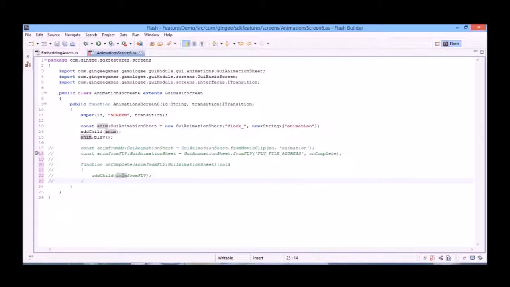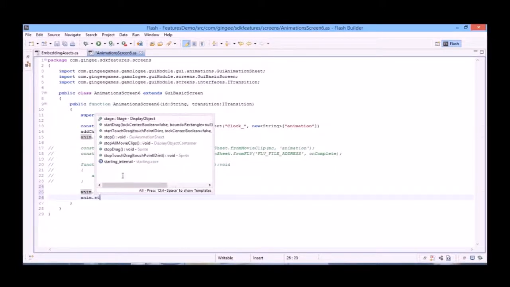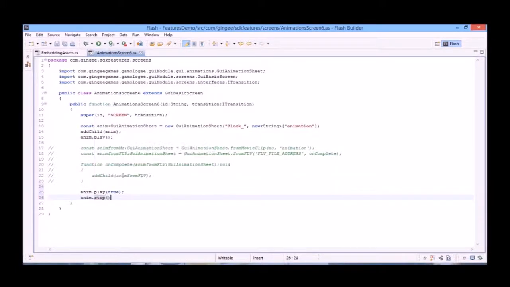Now let's take a look at some of the commonly used API commands. To play an animation, as we've already seen, we would type anim.play. Let's go ahead and do that. And we can pass through a loop variable, which is to say that if we want our animation to loop, we would say true. We can also do anim.stop. Of course, we can pause our animation,